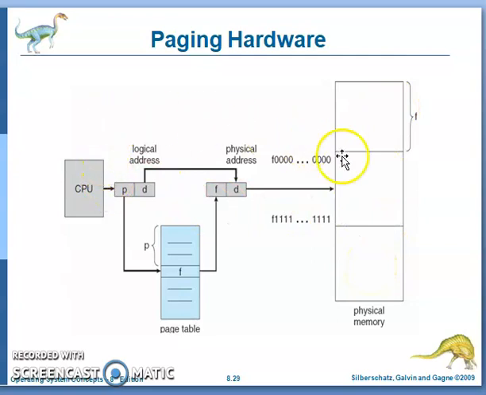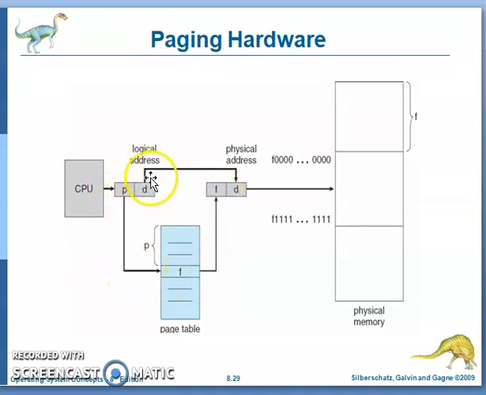Each page is loaded in one frame. Here this particular page is loaded in this particular frame. So the page size and frame size are equal. So the 50th line in this page is the 50th line in this frame. The same displacement value is copied here, and the equivalent frame number is added here. So this is the translation from page number to frame number.